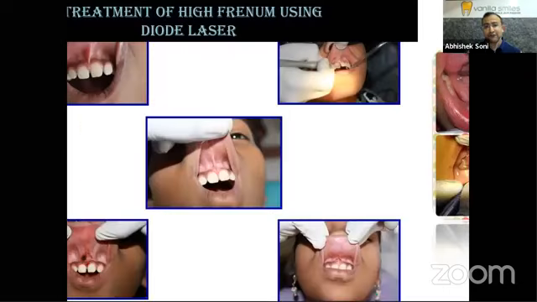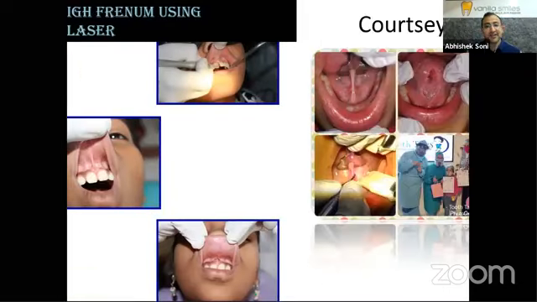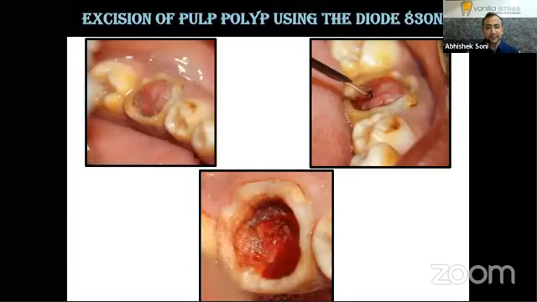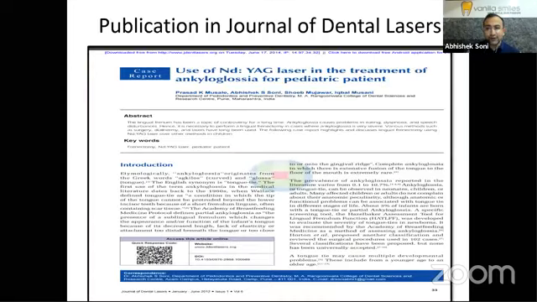That's a case that was done recently by my colleague, Dr. Agarwal. So if you see, the healing is better. It is a bloodless surgery, and eventually the acceptance and the pain and the results are beautiful. That was a case of excision of fibroma using lasers, and we all went on to publish all this data.